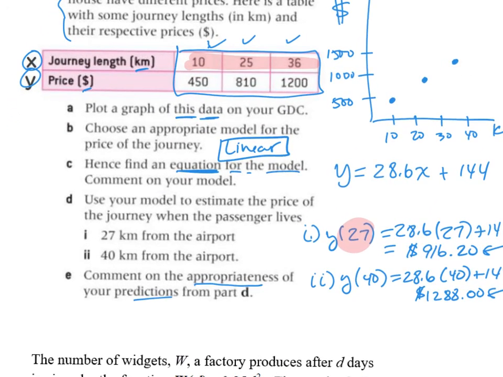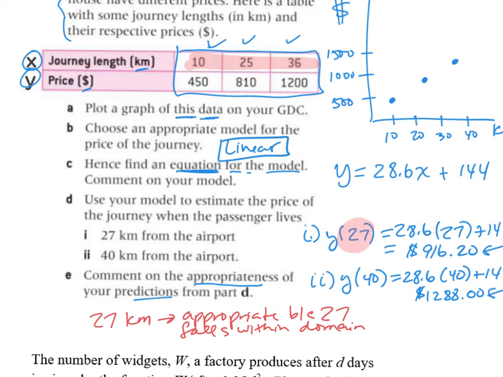Okay, so for 27 kilometers, just say something like it's appropriate, because 27 falls within the domain values, okay? And then for, what's the other one? 40 kilometers, we would say not appropriate or risky, or maybe less appropriate. There's not just one way to say this, but less appropriate